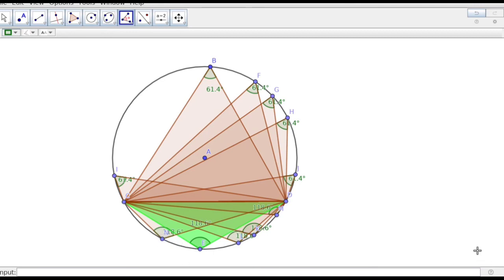So what we observe from this, if we join the ends of the chord to the points on one side, all angles are equal, and if we join the ends of the chord to the other section of the circle, then also we get the same angles. So angles on one side are equal and angles on the other side are also equal. Now let us add the angles on either side of the chord.